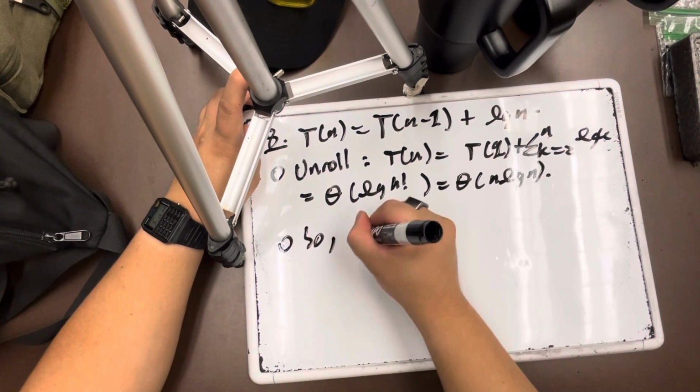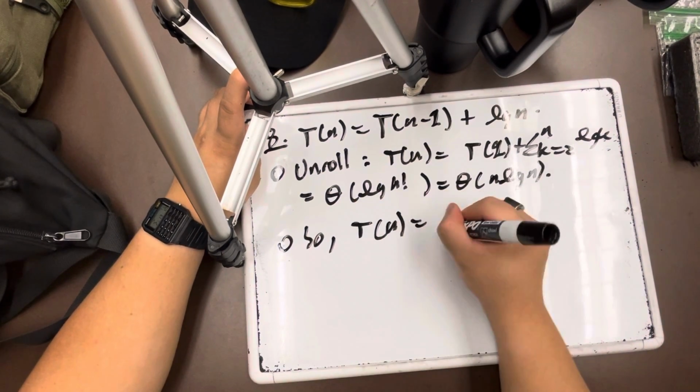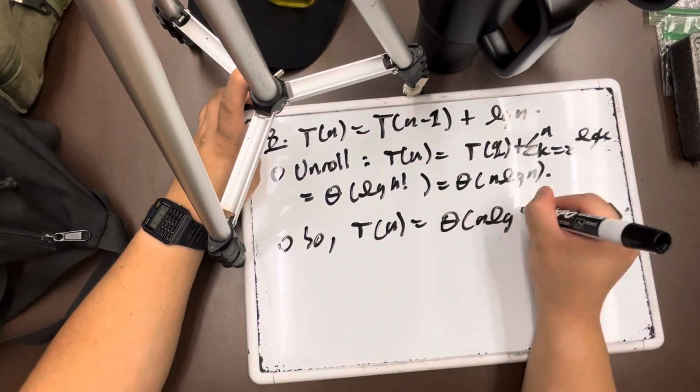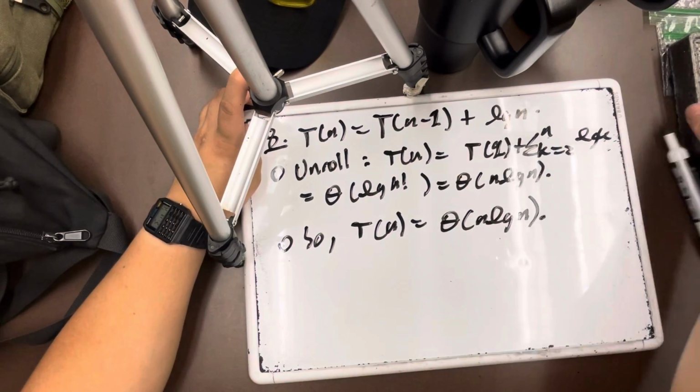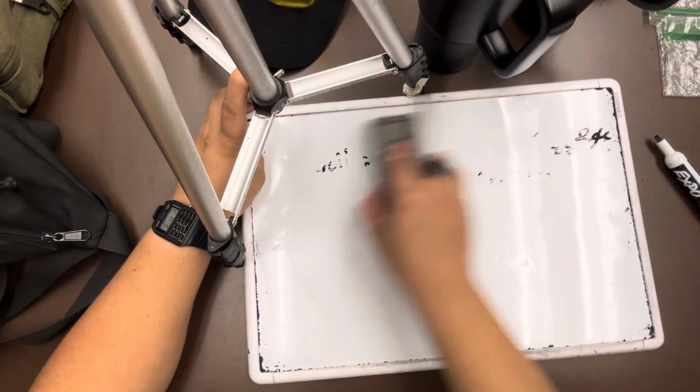So T(n) is equal to Theta of n log n, right? Okay, now let's move on to